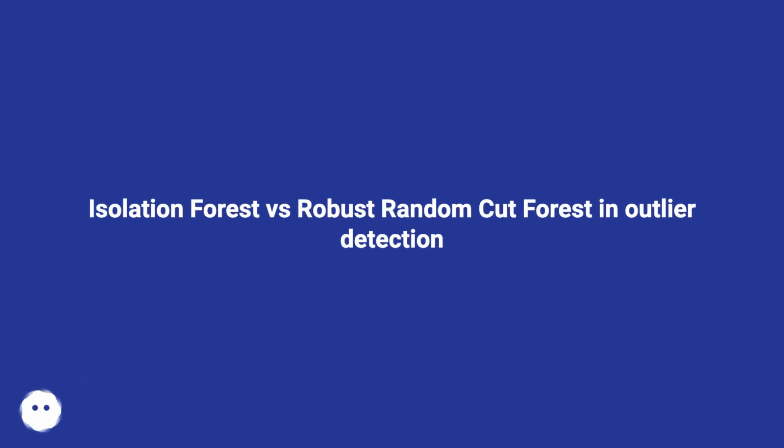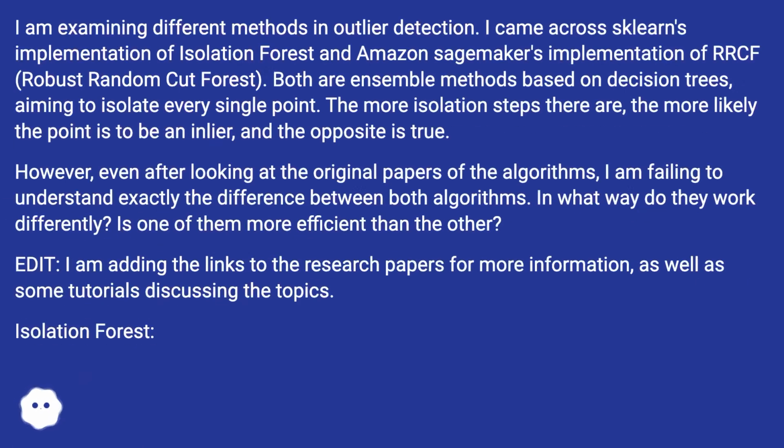Isolation forest versus robust random cut forest in outlier detection. I am examining different methods in outlier detection. I came across Scikit-learn's implementation of isolation forest and Amazon SageMaker's implementation of RRCF, robust random cut forest. Both are ensemble methods based on decision trees, aiming to isolate every single point. The more isolation steps there are, the more likely the point is to be an inlier, and the opposite is